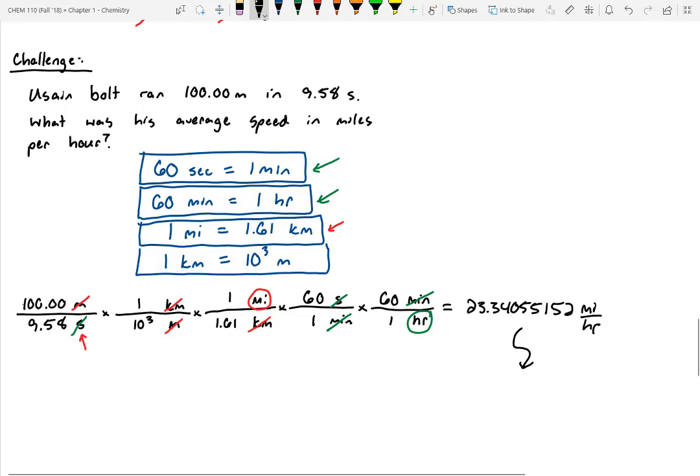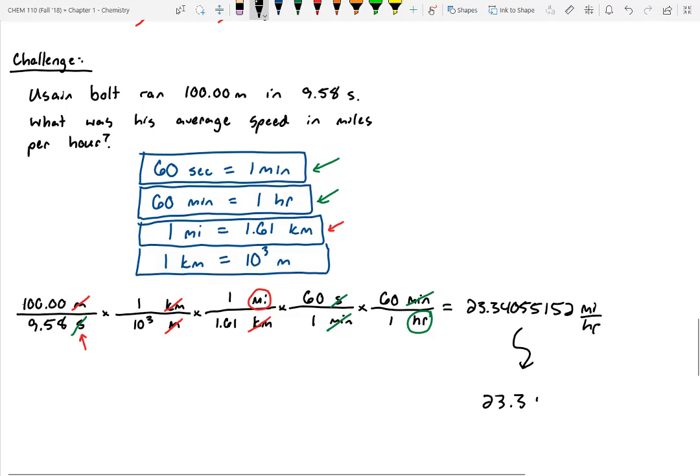3. We started out with 9.58. That has 3 sig figs. Why don't we say that, well, 60 only has 1 sig fig for 60 seconds for 1 minute? What do you think? For that one, the unit conversion is pure, so to speak. Yeah, it's absolute. Exactly. We didn't measure this. It's an absolute conversion, right? So the fewest number of sig figs we have are with measured values, which in this case was the unit of time that was measured. So it should be 3 sig figs. So the final answer should be